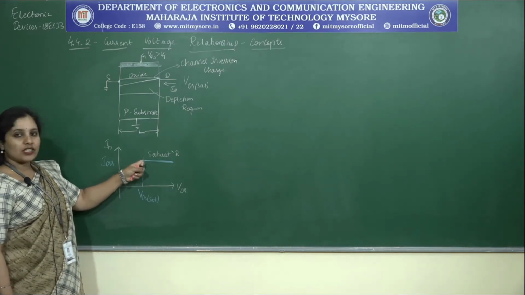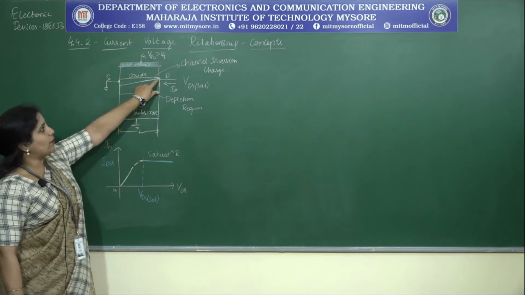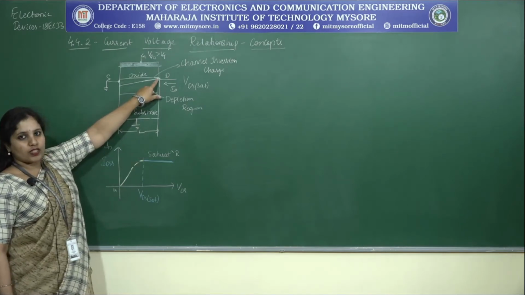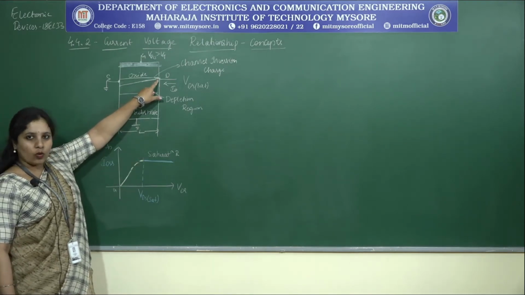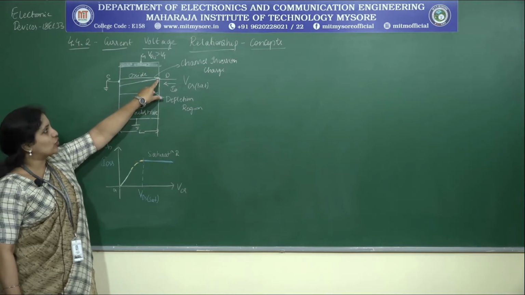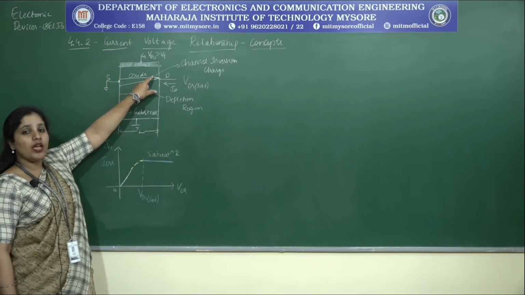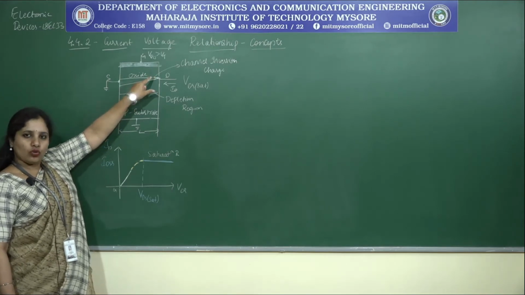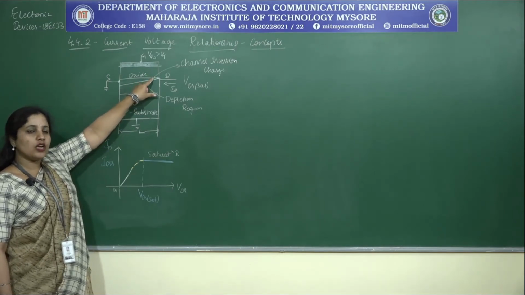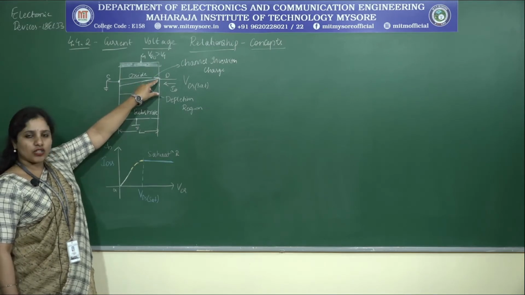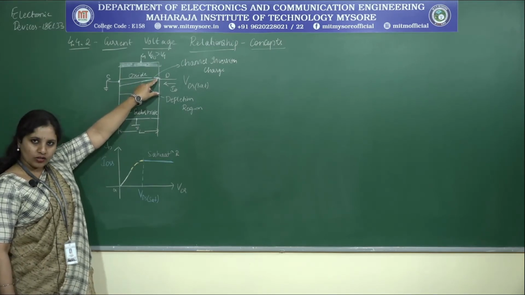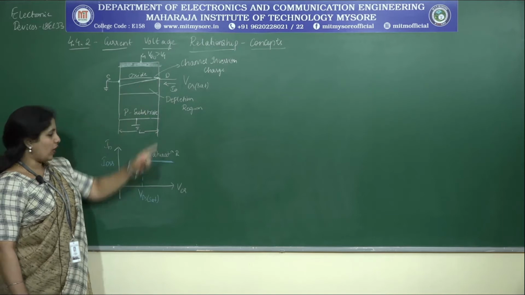Now, when the device reaches saturation, what happens to the induced charge carriers which are present here? It becomes 0. What happens to the voltage that is absorbed, the drop across the drain terminal? It becomes equal to the threshold voltage. Please note these points. Only when that happens, the induced charge becomes 0 near the drain region. As a result, what happens to the current?